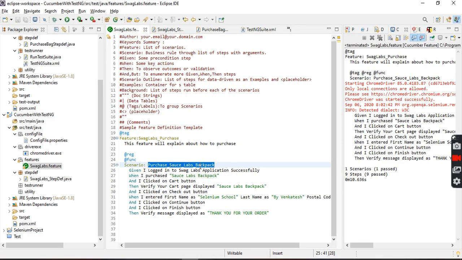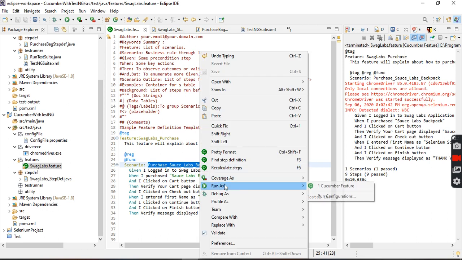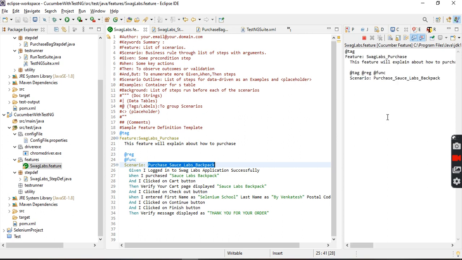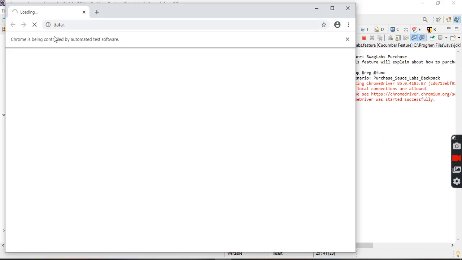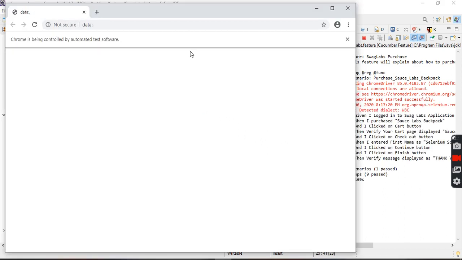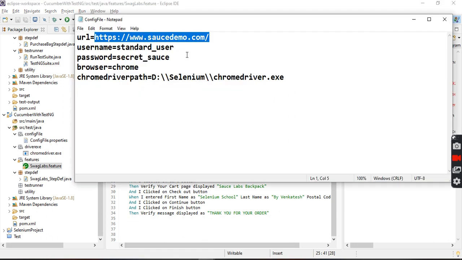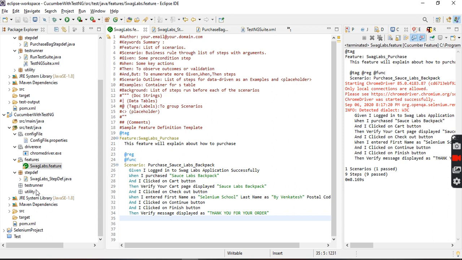Okay, fine. In the previous video, if I run this particular feature, what it is doing is simply opening the Chrome browser. It is not opening this URL, right? Simply it is opening this particular browser only. It is not entering our required application. What is the required application? This application. How to do this? Because this URL is located in this particular file. How to read it actually?